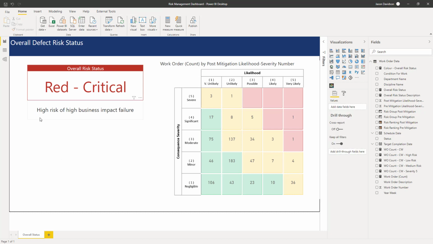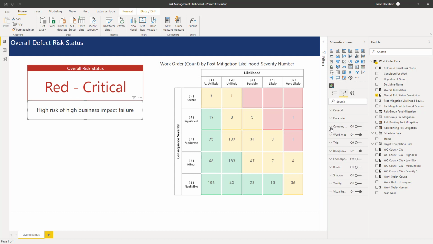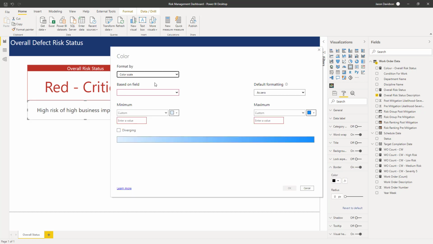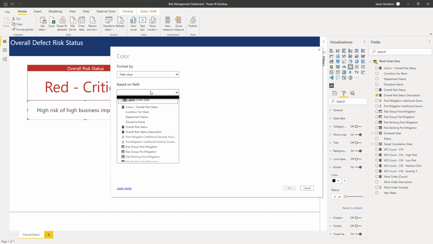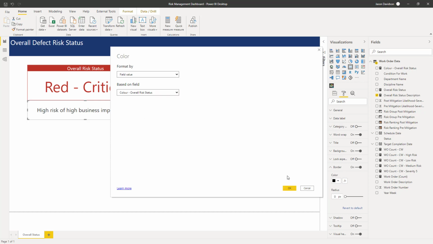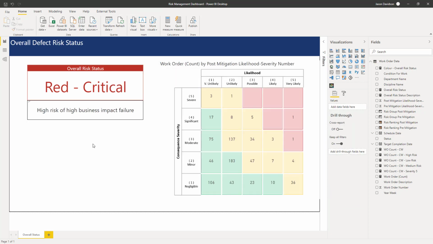And I want to put in a border here that's red. I don't want the text to be red because I think that would be too overwhelming. So I'm going to go in and make the border on color, FX, field value, and this is going to be there. Okay, so we can see here that we've now got our overall risk status calculated and now conditionally formatted